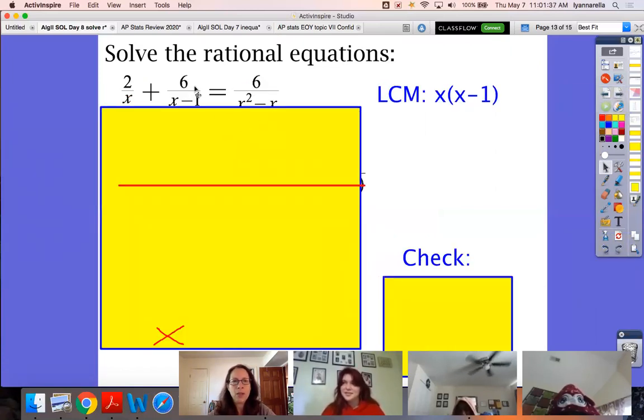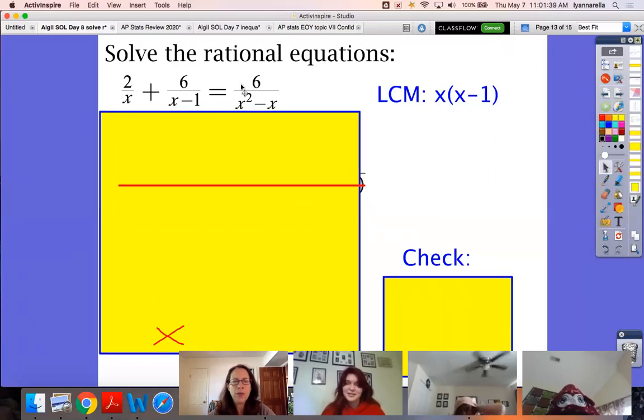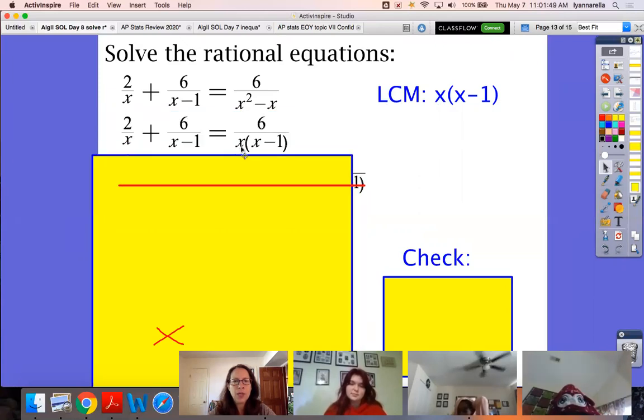Now, the last one is a little more than just finding the single denominator. I had to factor x squared minus x, and when you factor that, you pull an x out of both terms. That's your GCF. And so you get x times x minus 1. Okay, so let's look. This fraction has an x in the denominator. This fraction has an x minus 1. So I know I need both the x and, in parentheses, the x minus 1.